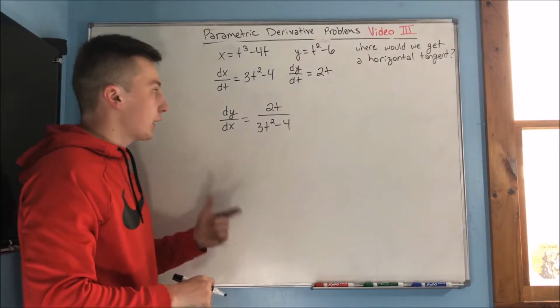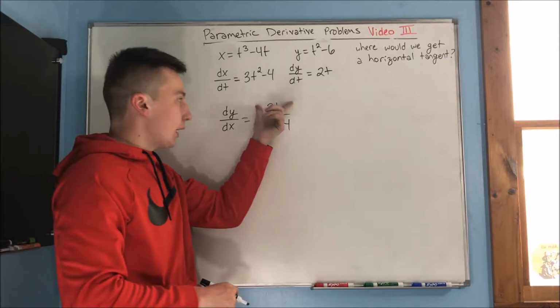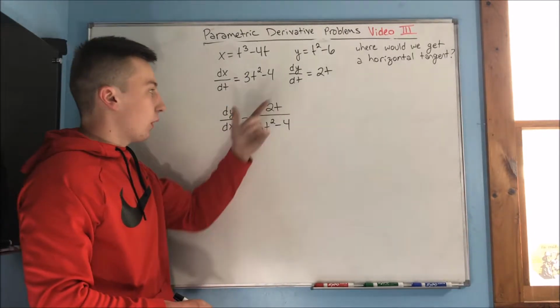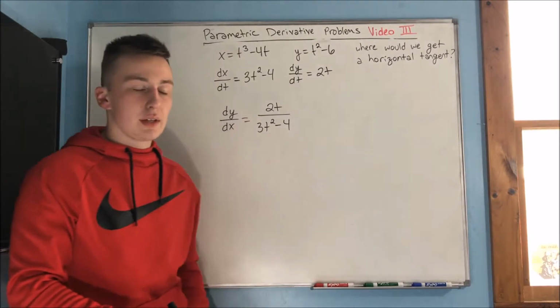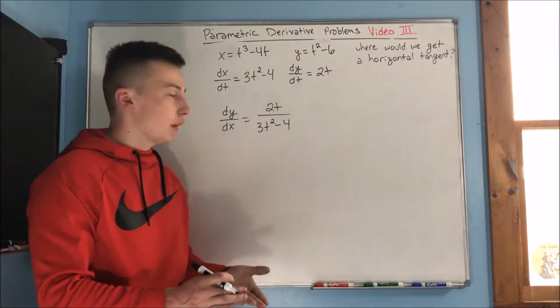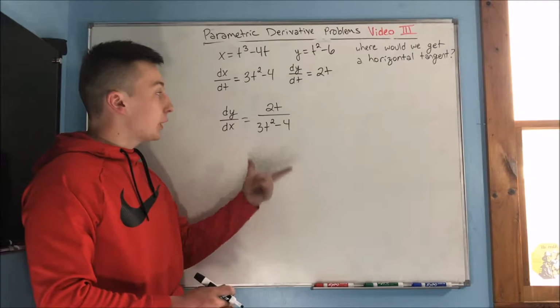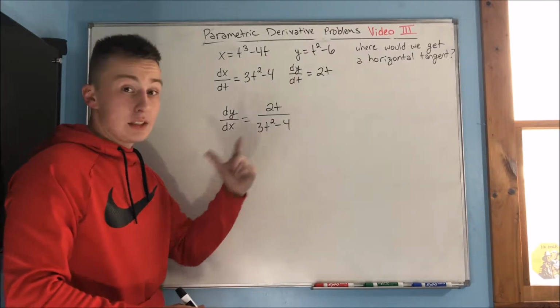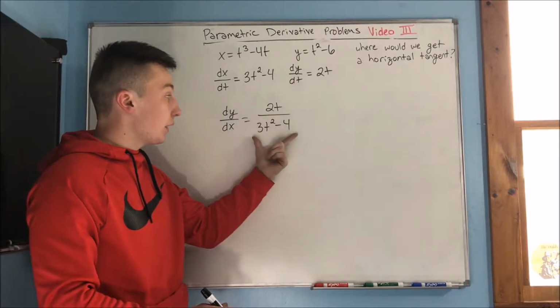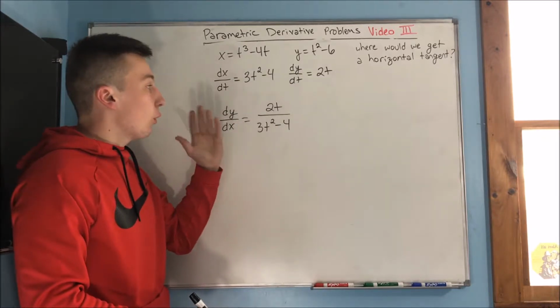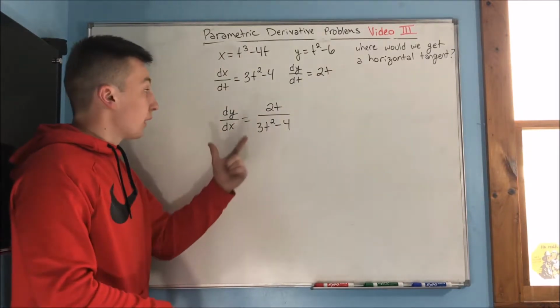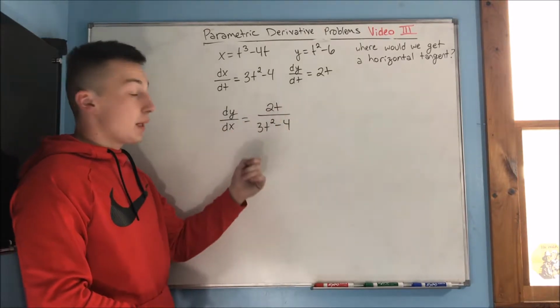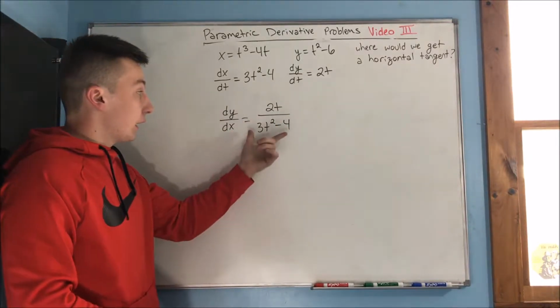Now, don't just think, okay, I know it's automatically 0 because that's where the numerator becomes 0, and that's where we would have a horizontal tangent, because horizontal tangents have a slope of 0. We need to make sure that the denominator is not 0 as well. Because if the denominator is 0, then we have to do a limit, and you'll see that in the next problem. But for this problem, it is just going to be t equals 0,